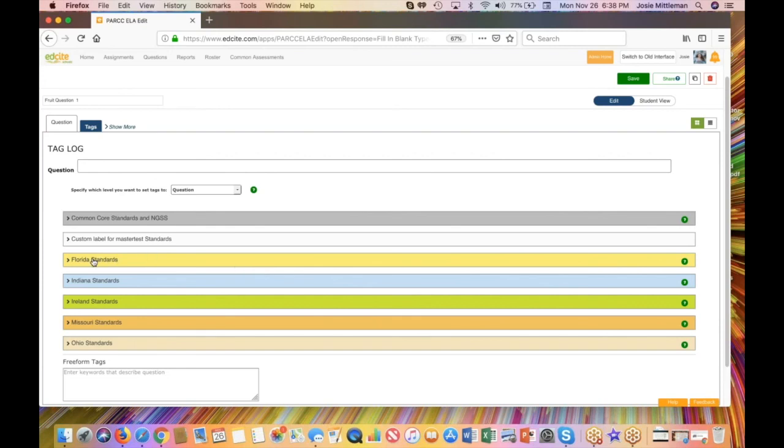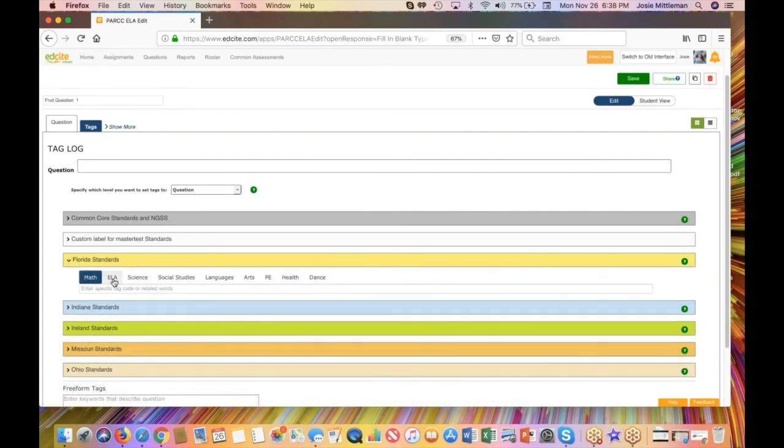Since I'm located in the state of Florida and I want it to be at the question level, you can tag part levels, but right now we're going to tag a question level. I'm going to click on Florida. I'm going to click on ELA to select my subject, and then I'm going to click in this box, and